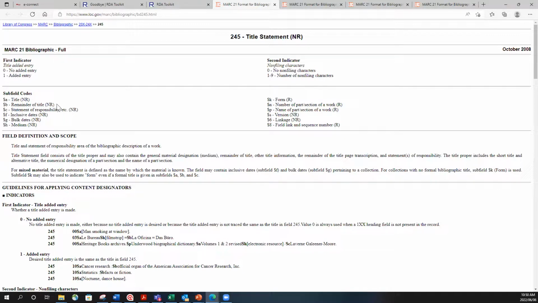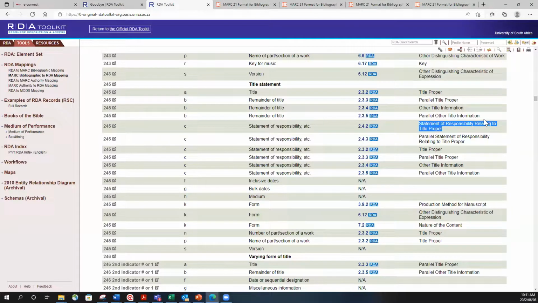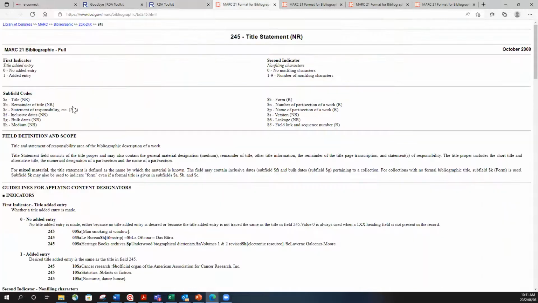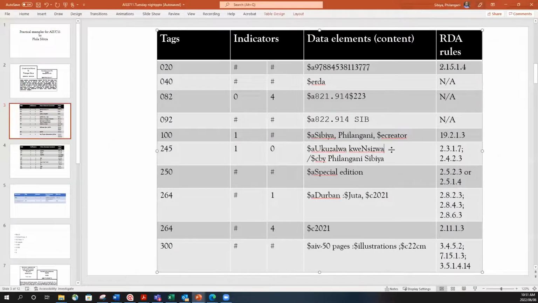This has got two synonyms, or three, I'd say. There is a remainder of title, subtitle, or the other one, they call it remainder or other title information. So there are three names you can use to name this. So you are going to have this information, and then you write it here,